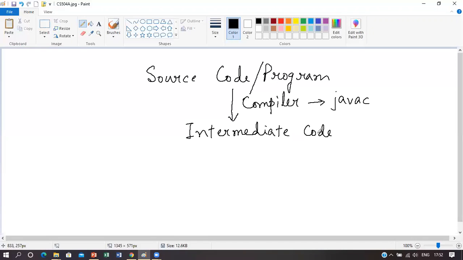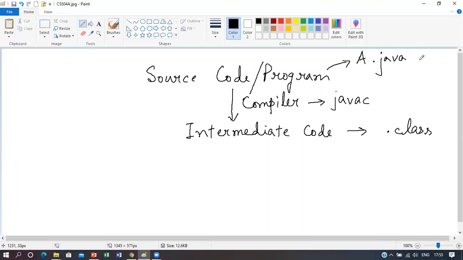This intermediate code will be stored in a .class file. Suppose the program that you have written has a file name A, and all the Java programs always have an extension .java.